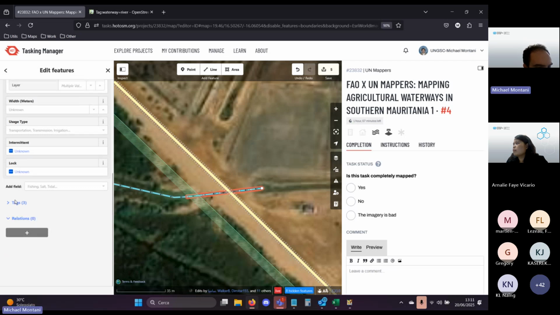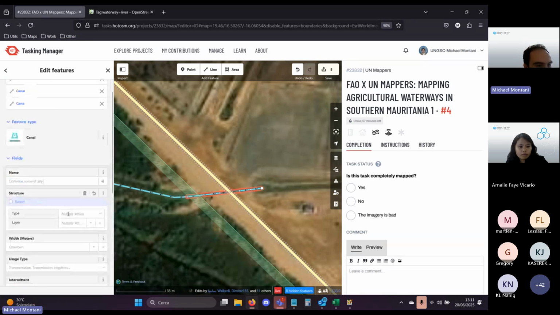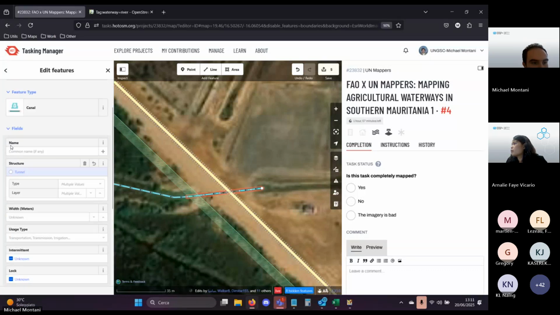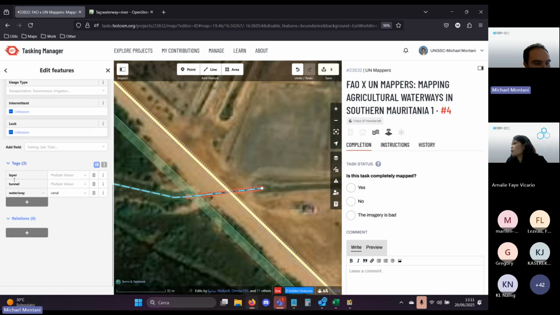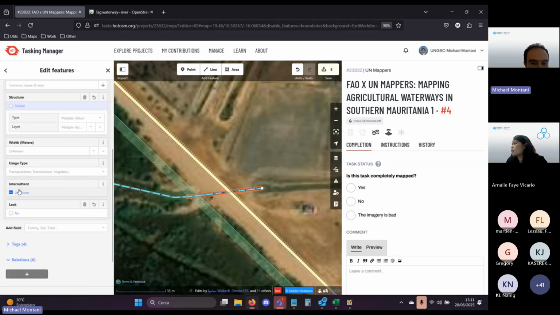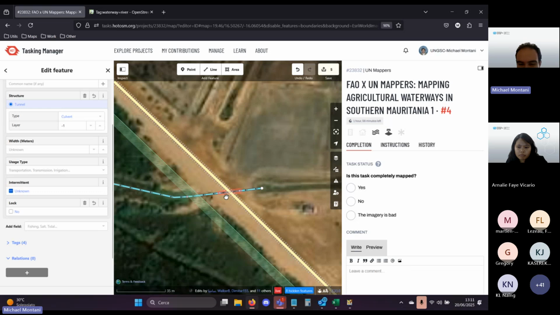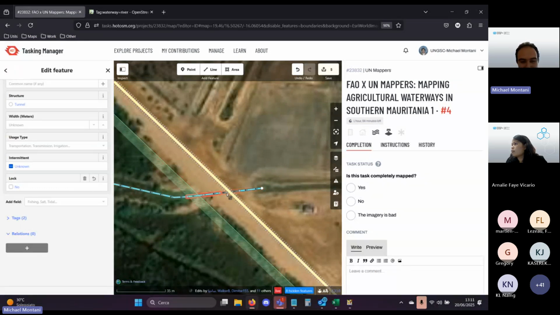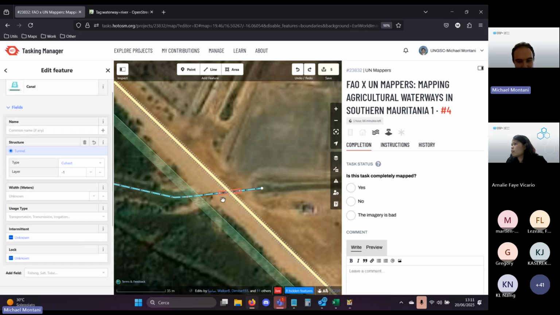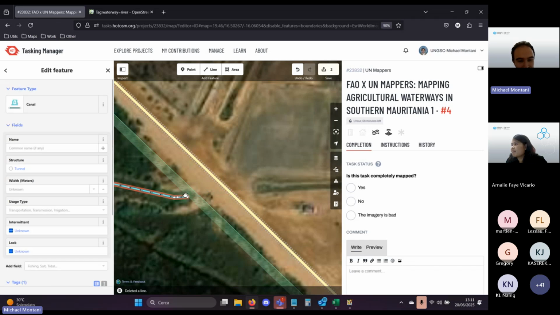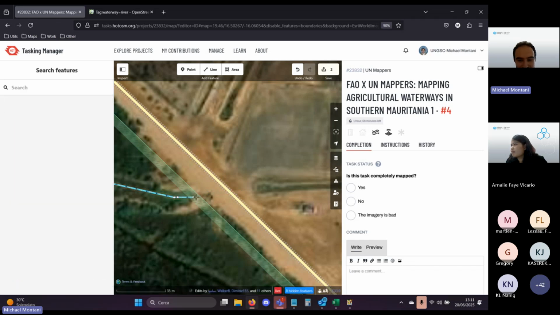Sometimes it's difficult to understand in iD editor what I'm doing because I cannot see it. It seems to me it's correct. Okay. iD editor is even more smart than what I was thinking. So basically, you don't need to split the waterway anyway, because it does it for you. So let me just reverse whatever I was saying. Just let me continue with this waterway the way I was doing.